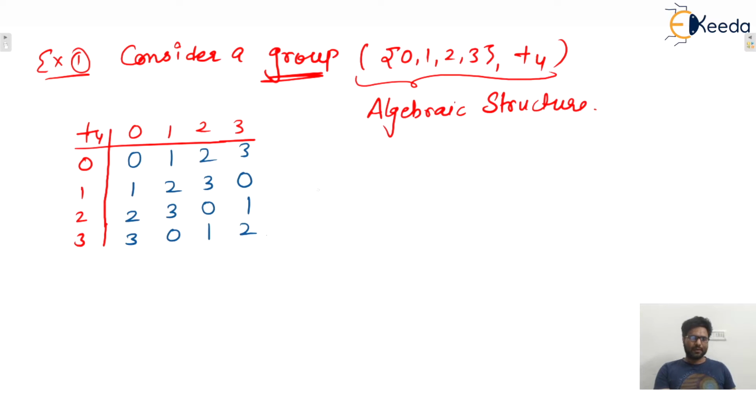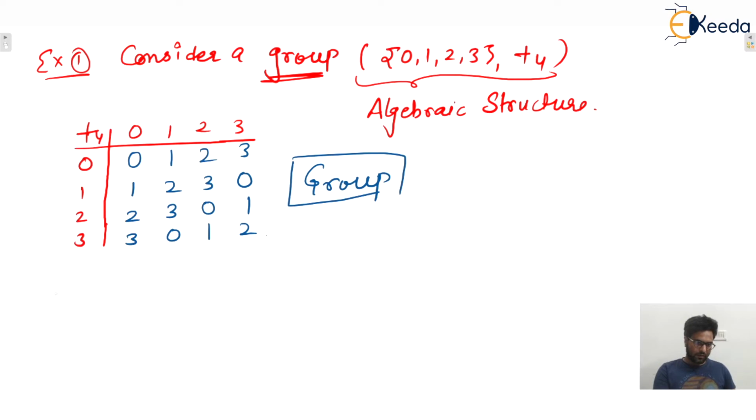So that is a group. You can check whether this one is a group or not. If you check all the properties of a group, they will be satisfied, isn't it? So there won't be any problem. You can see all the properties of the group: first is closure, associativity, existence of identity element, existence of inverse element, all these are satisfied.